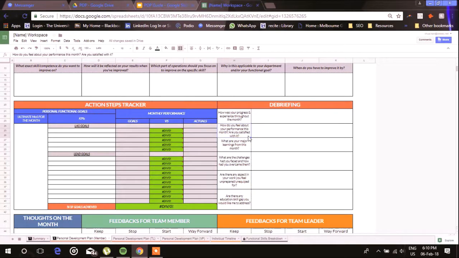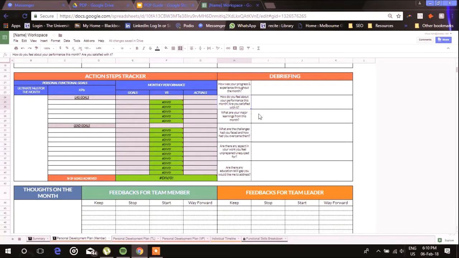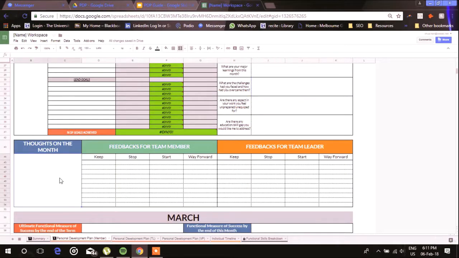Discuss what they are satisfied with in the experience. What's their biggest learning? How do they feel they could have done better? How do they feel the TL could have supported better, and stuff like that. So that is the review that we do by the end of the month with them in accordance to not just their goals versus actuals, but also their experience with us throughout the month. So that next month when we do this all over again, we have a better understanding of what we can do better to achieve. So debriefing, any general thoughts of the month the members may have,